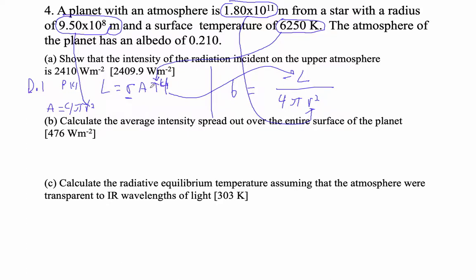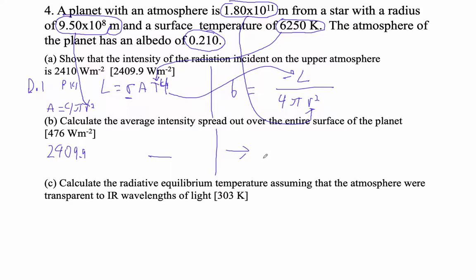This should work. Then it says calculate the average intensity spread out over the entire surface of the planet. Two things happen. The first thing is that the radiation, this 2409.9, gets albedoed. So you're going to figure out, if you take away 21% of that, how much is left. So 2409.9 times that factor. You figure out how much is left, and then you take that number, whatever that is,